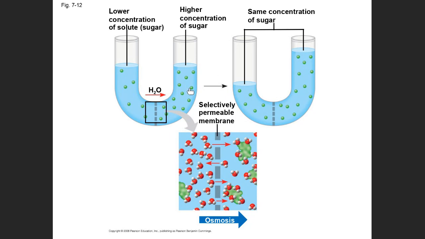On the right, if we have a 10% sugar solution, it's 10% sugar and 90% water. So 99% water on the left, 90% on the right. There's a higher concentration of water on the left. It diffuses into the area of low water concentration in order to make the concentration of water equal on both sides